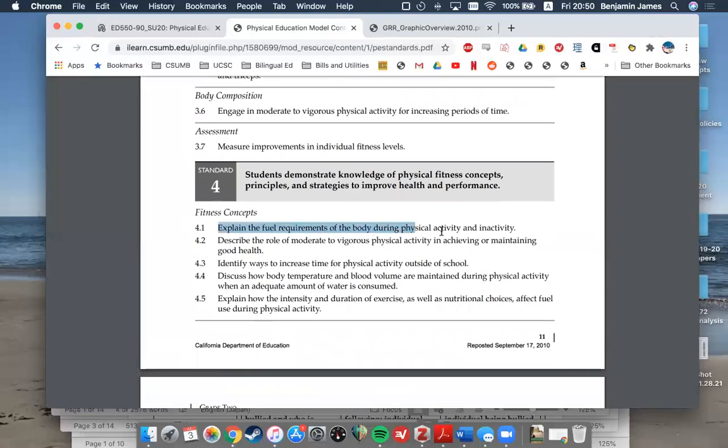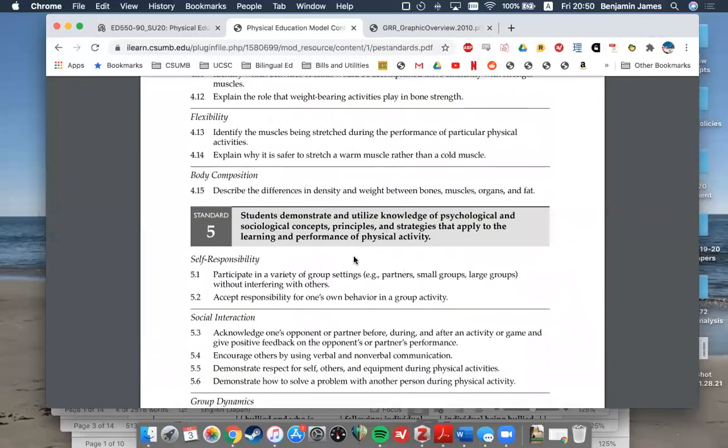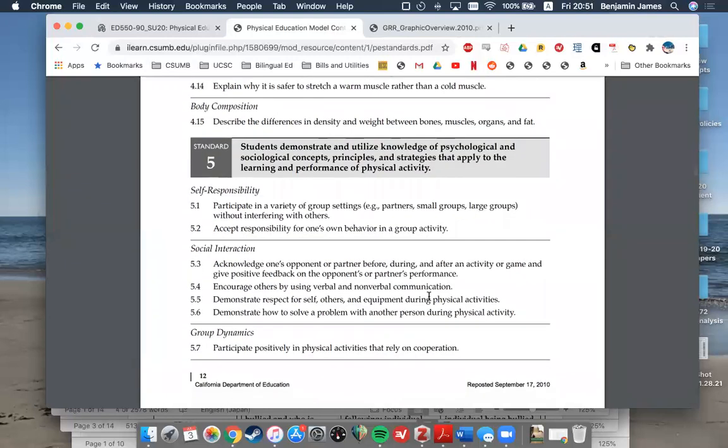Explain the fuel requirements of the body during physical activity and inactivity. So maybe you have a great science lesson that you can connect with the fuel requirements and nutrition of the body during physical activity and inactivity. But there's also sociological concepts, right? Accept responsibility for one's own behavior in a group activity, right? So that's very much open, and I can imagine a scenario where